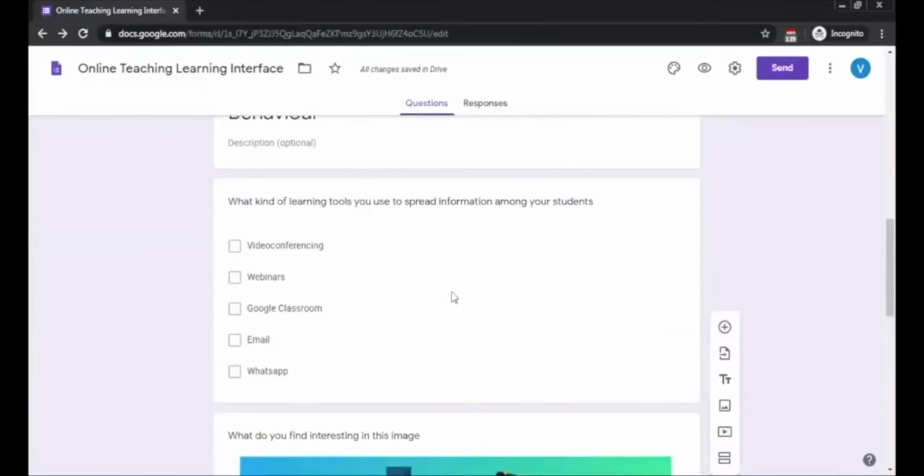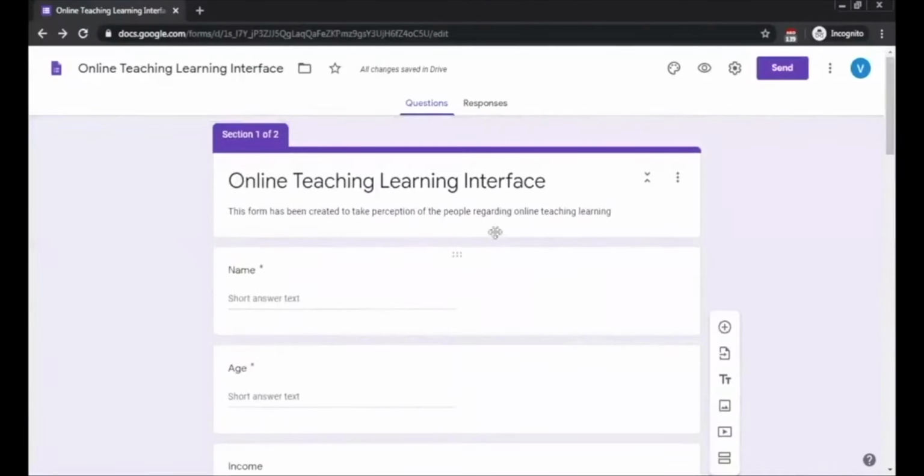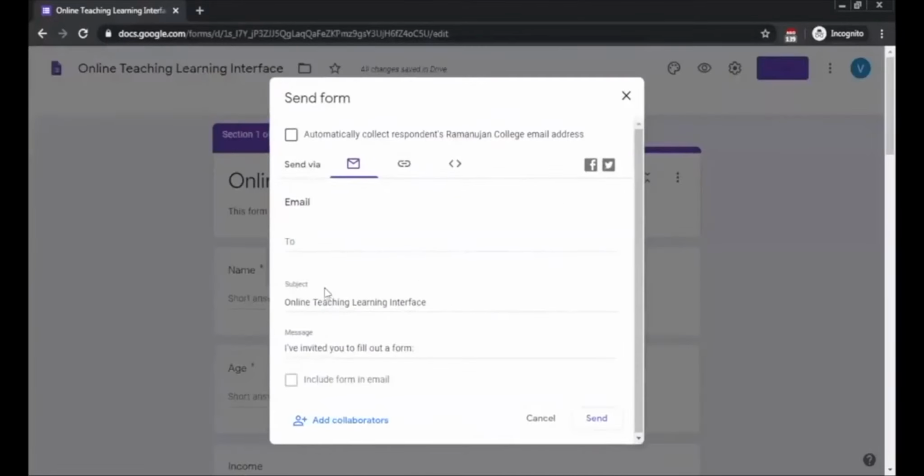What we have to do here now is disseminate the information. So how I'll do it, you can see here a send button is already there. Okay, so I'll click on send. You can see this automatically collects respondents' email addresses, the normal college email address. Now this is the suite which I'm using. This is a G Suite which I'm using. This is given to me by my colleague. If it's not the case, this will not crop up. Okay. Now I want to send it to a specific number of people whose email IDs I already have. Then I can just click on this and paste the email IDs and then disseminate the information